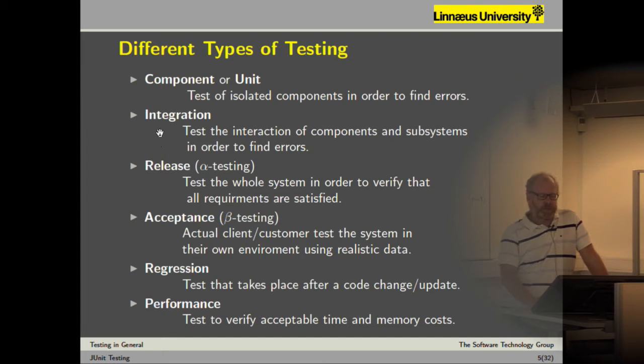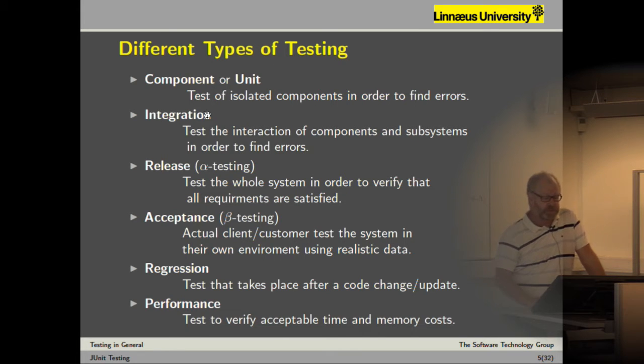Different phases in the software development process require different types of testing. The simplest and most commonly used approach is component or unit testing. This is done by the programmers themselves. They produce some kind of component and then test it to make sure that it works. It can be a graph implementation. I have implemented a graph and I'm testing it and this one works,